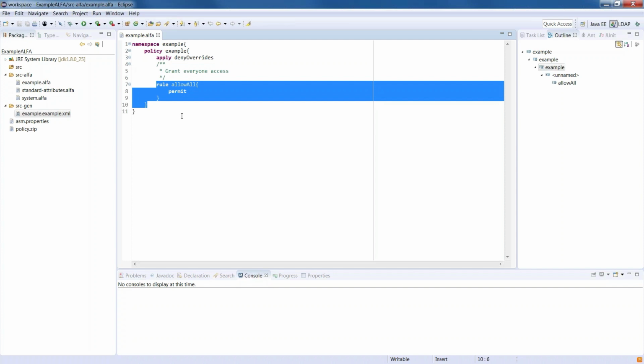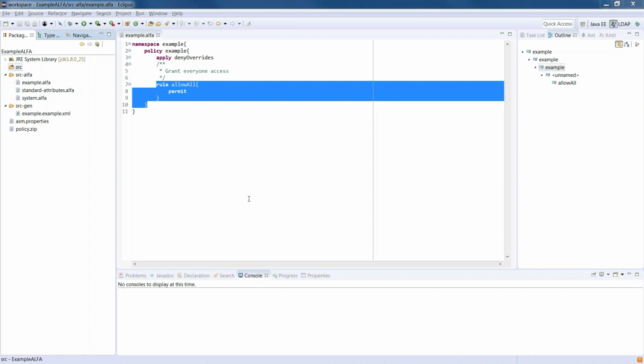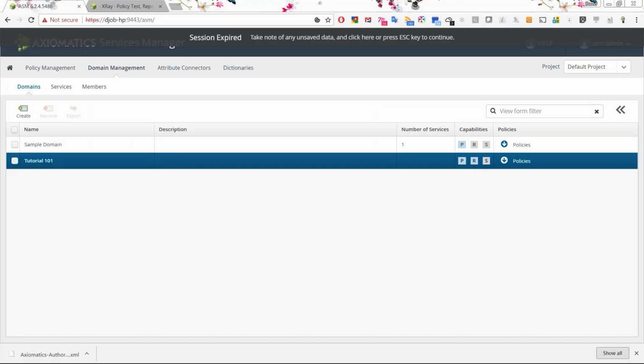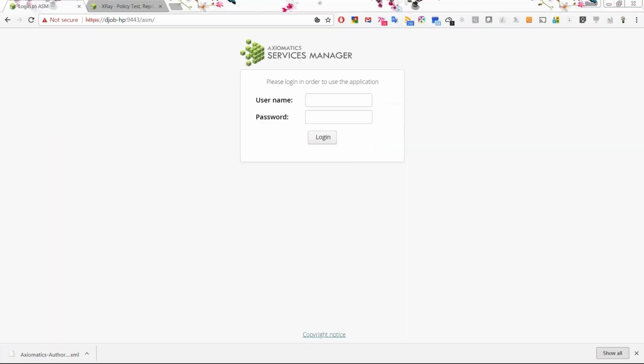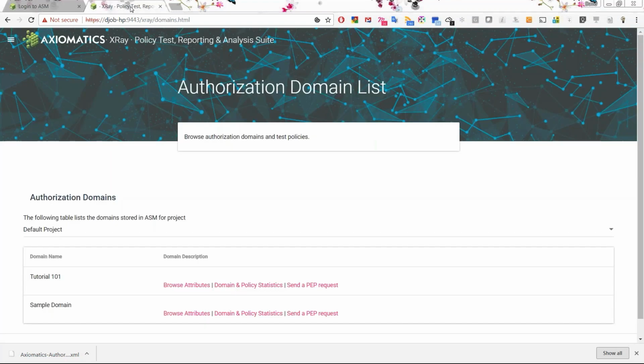Yeah. So as a matter of fact, I could have, and I don't in this particular example, but I could have a JUnit test within my source folder that I would use to verify the effect of the policy. In this case, though, what I'm going to do is use a little web portal that creates the authorization requests for me and then just posts them to the PDP. So I call it X-Ray. It's a cute little name that we came up with because it can sort of see through the policies.